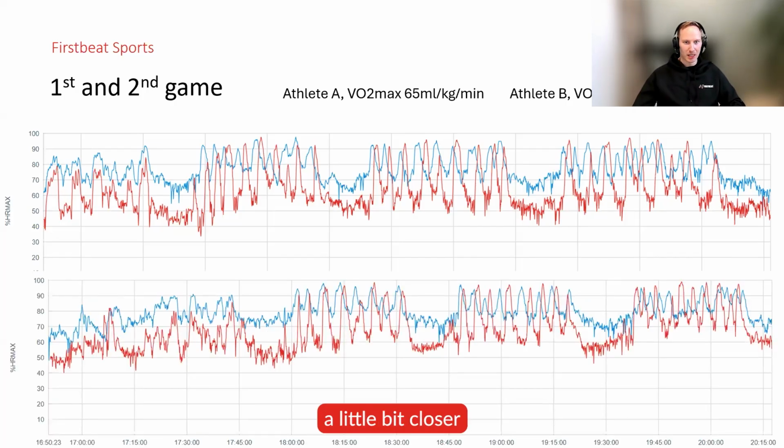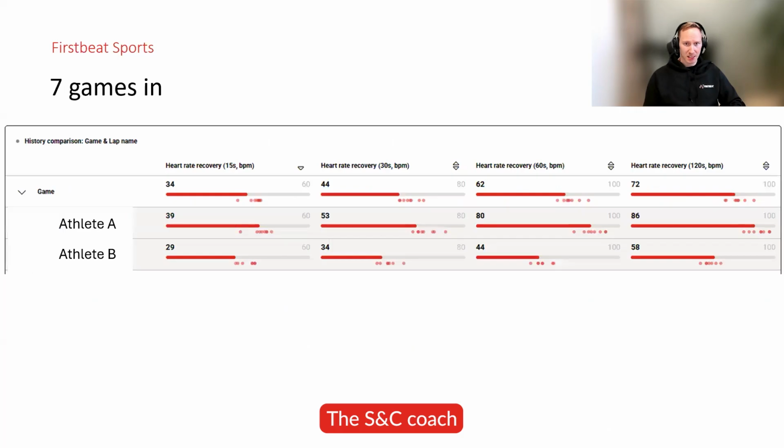When we look a little bit closer, we see that the red athlete is recovering roughly to 50 or 60% of heart rate max, while the blue athlete is more in the range of 70%, even 80% of heart rate max during the shifts. So that's a quite big difference between these two athletes. The S&C coach wanted to